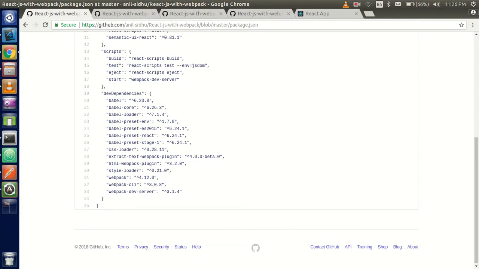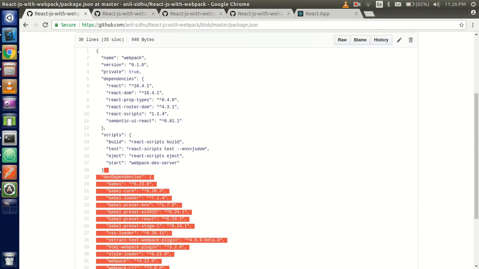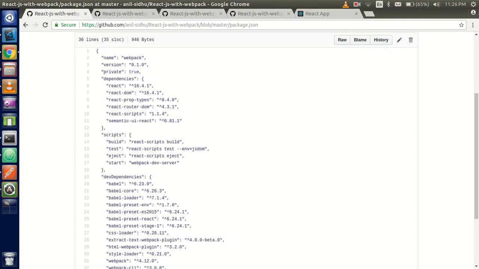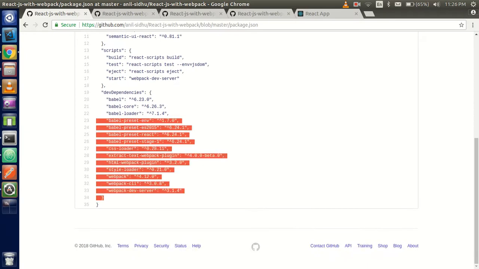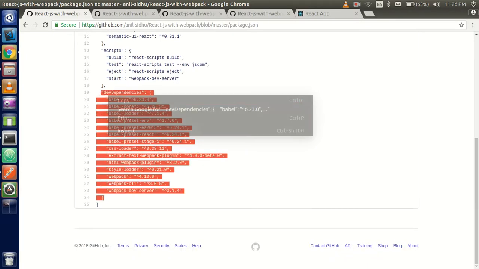The packages like dev server, CLI, webpack, normal and style loaders, HTML webpack. I'll explain them one by one, but before that I'm going to add these packages to my own package.json. First of all, add all the dependencies, copy them,